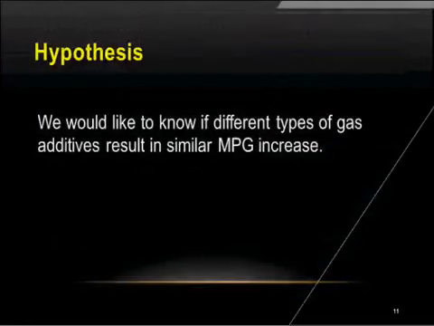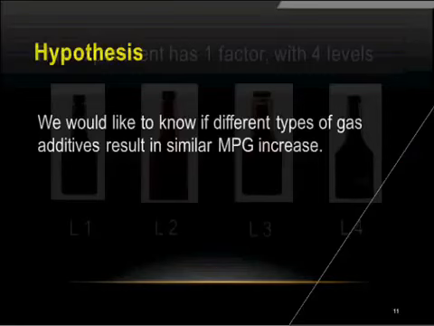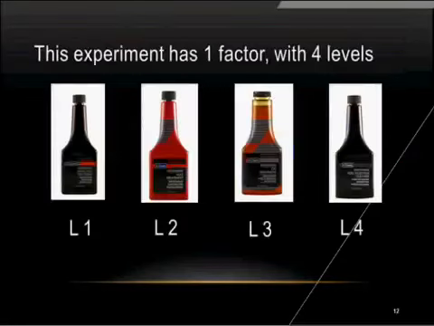The gas station owner and I would sit down together and think out the hypothesis. The hypothesis would be, we would like to know if different types of gas additives result in similar miles per gallon increase. That sounds like a fair hypothesis, right? All right. Then he gives me 4 of his brands that he wants me to test. And in my design, I would have just one treatment at 4 levels, and I would know them as L1, L2, L3, and L4. All right. So my question is, how am I going to find a lot of cars at the same place